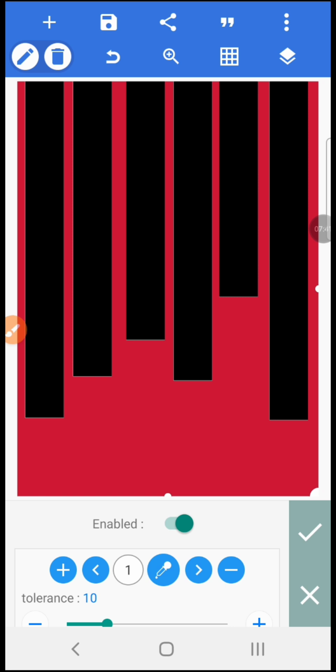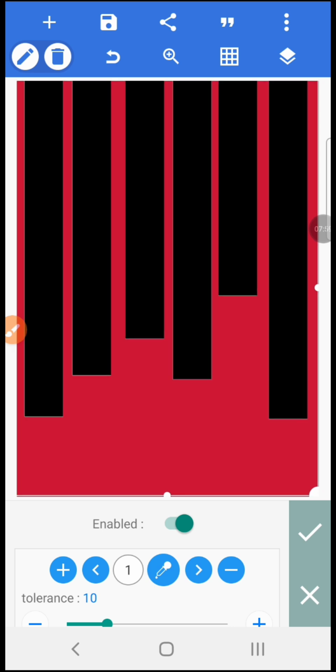Actually, what is happening here is that the white that we merged with the black, the white is gone, but rather we want the black to be gone and the white to remain. Okay, so for us to achieve that,